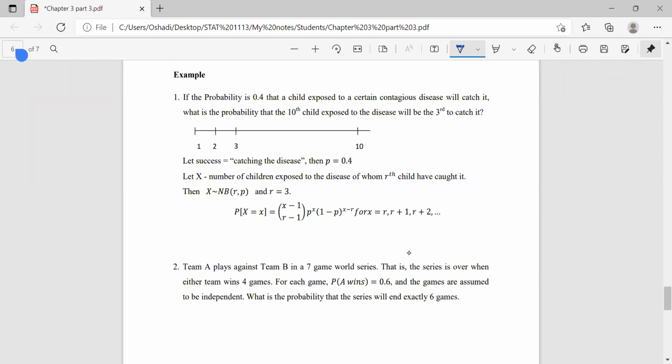So the probability of getting the disease is 0.4. Right? That means if we take catching the disease as a success, the probability of success is 0.4. And the problem they're asking is, what is the probability that the 10th child exposed to the disease will be the